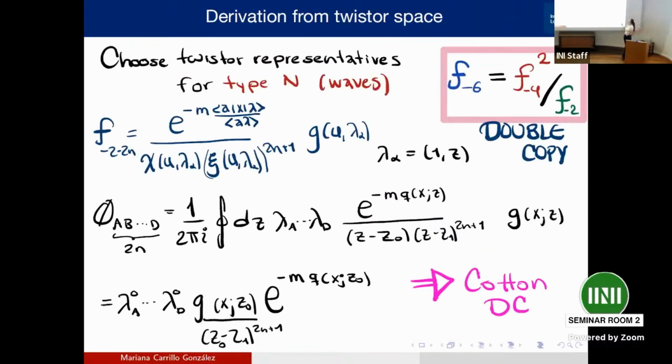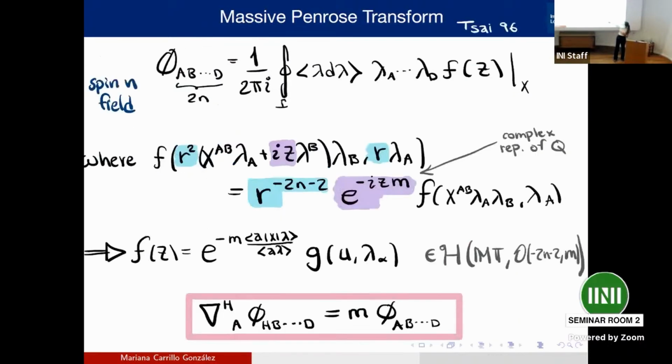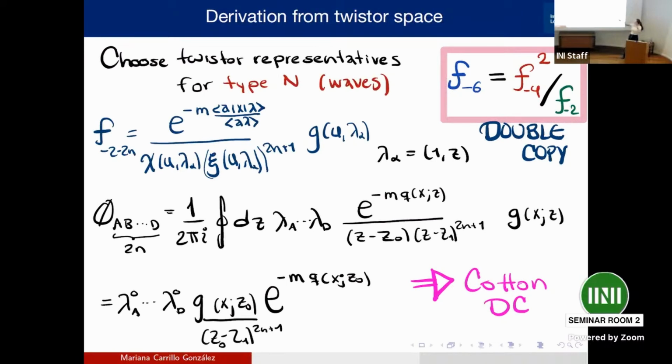I'll start with the simple case, which are called type N or wave solutions. It is actually known that depending on the pole structure of your functions in Mini-Twistor space, you will get different kinds of solutions according to the Petrov classification in GR. So wave solutions require a pole structure where you just have a simple pole here, but you also have to be careful to have the correct rescalings and transformation properties of your function. So basically, it should transform in this way. So just choosing a function that transforms in that way and has a simple pole, which is given here by this function with a simple zero,